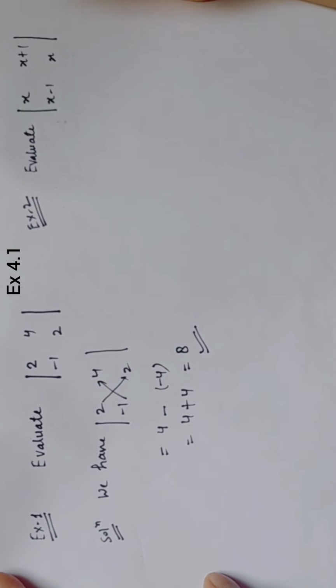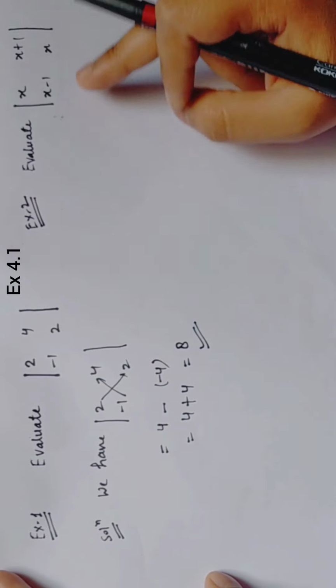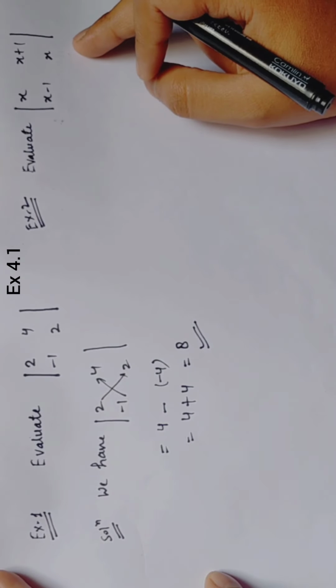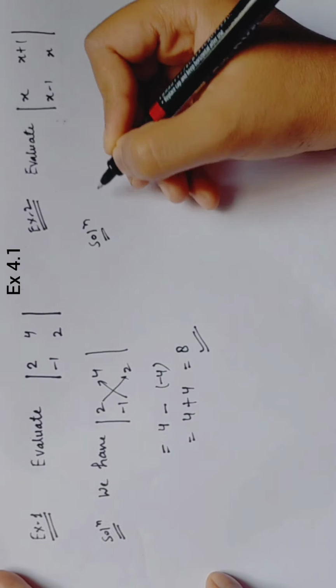Now another question is here. It is also a 2 by 2 form. Same way we will proceed, but here to confuse you a bit, you have been given algebraic terms, that means x, but it is not difficult. Same way we will proceed. We have